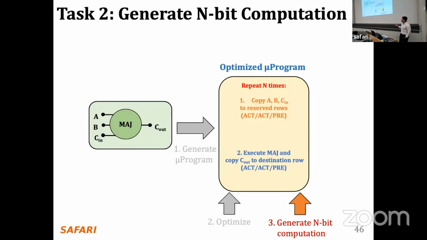So what is left here is to generalize this 1-bit sequence of operations that does a computation for 1 bit to n bits. If it's something as simple as addition, we can just repeat this process for the number of bits that you have. If it's a little bit more complicated, because your computation might depend on some of the bits that you just computed, you might have some control as well inside this microprogram.